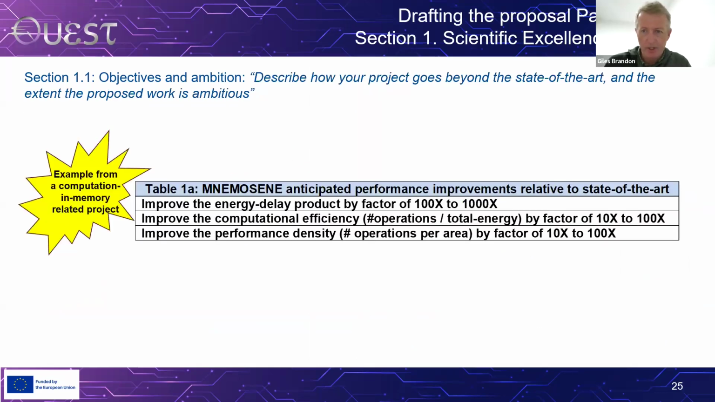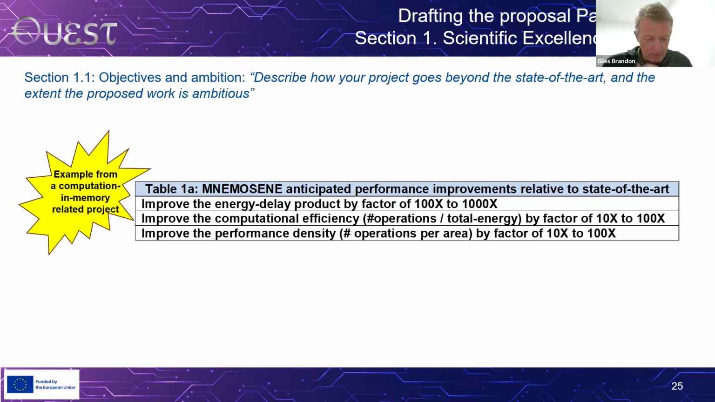Apologies for going too fast through the slides. So also in scientific excellence, in the standard application form, it typically says things like, describe how your project goes beyond the state of the art and the extent of the proposed work is ambitious. Now,